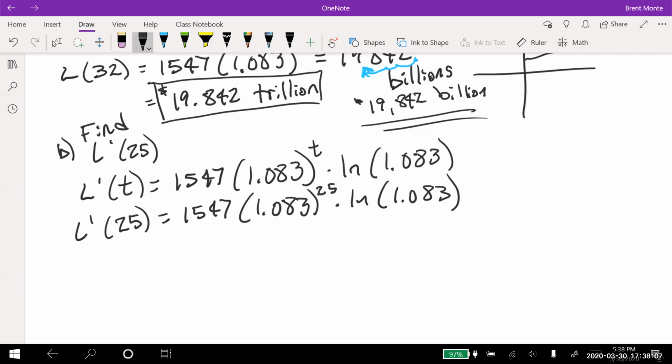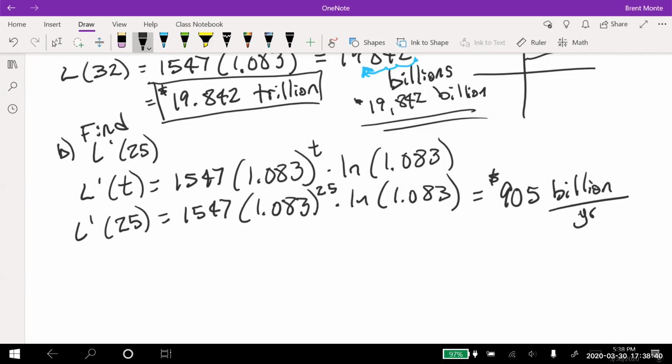And I get 905. And let's see where the book rounds this. They just leave it there. So 905. And remember, that's in billions of dollars per year. So $905 billion